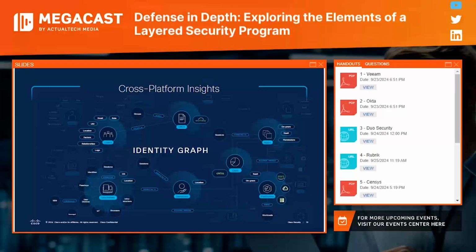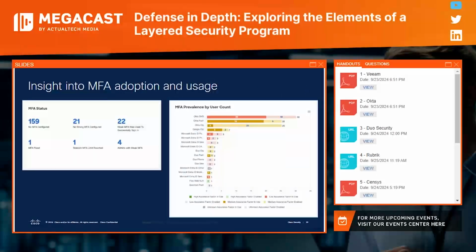What's really nice about building an identity graph is you get insight into a variety of different identity and access relevant metrics. One of them being who's using MFA, who's not using MFA, what types of MFA are in use. So this is a really popular report that pops out of our dashboard, which is, which users have no